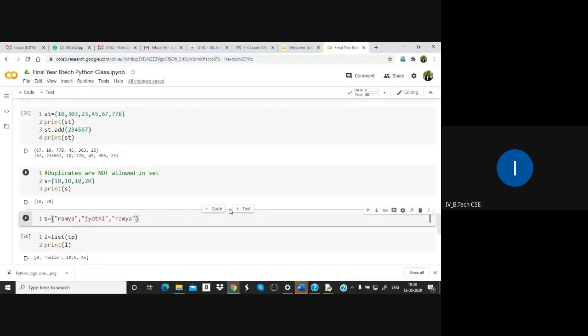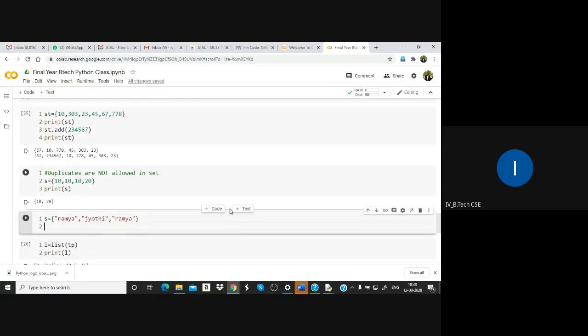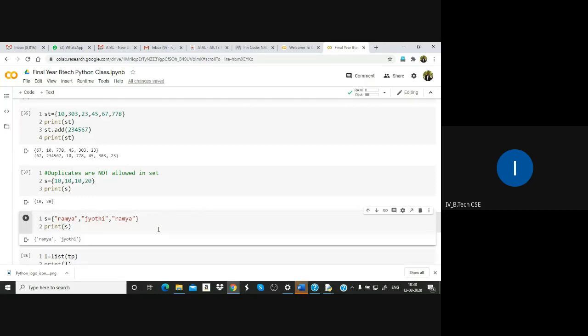Now I am trying to print S. How did you get Ramya and Jyoti? So this kind of set we can create. You can see that you cannot extract the elements one by one.